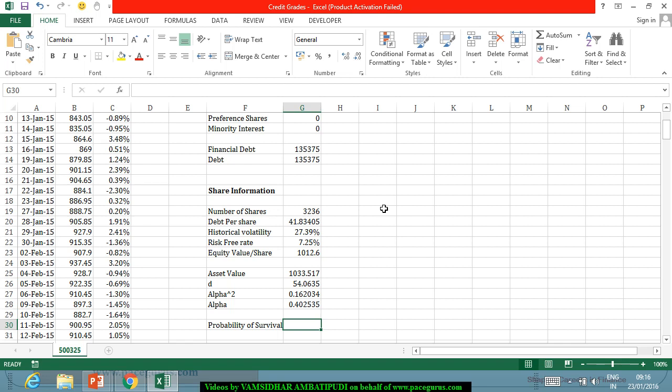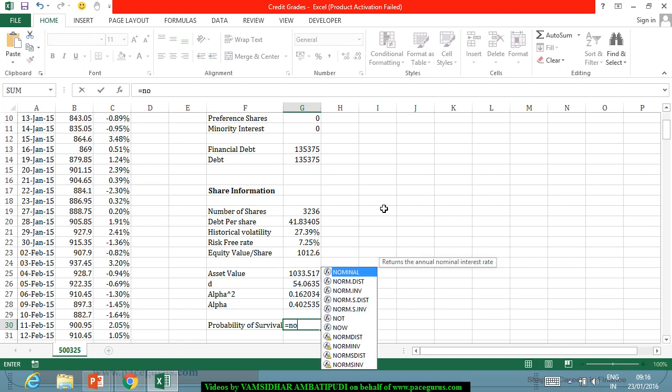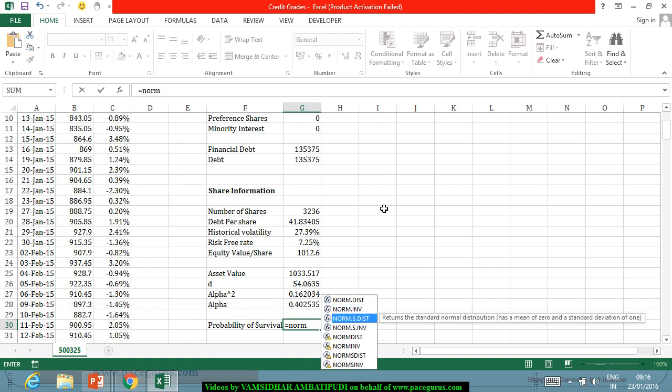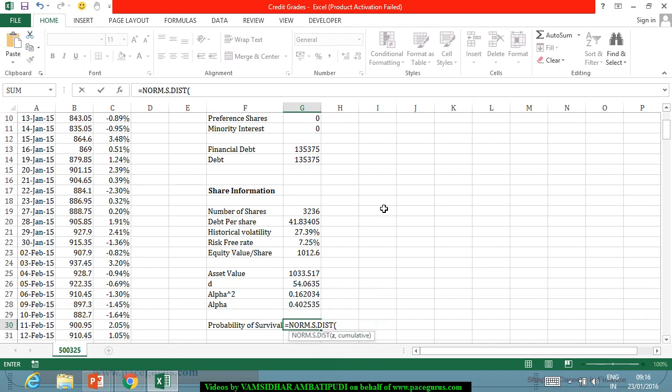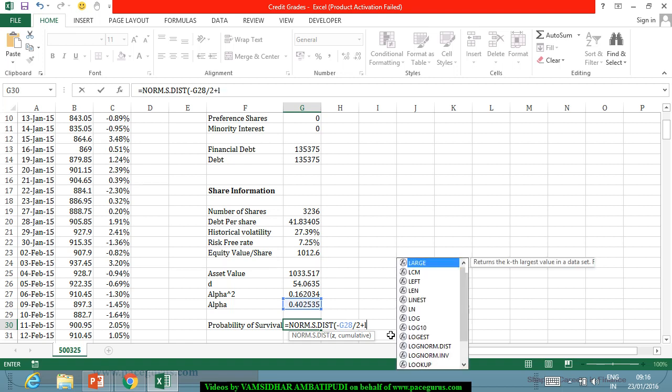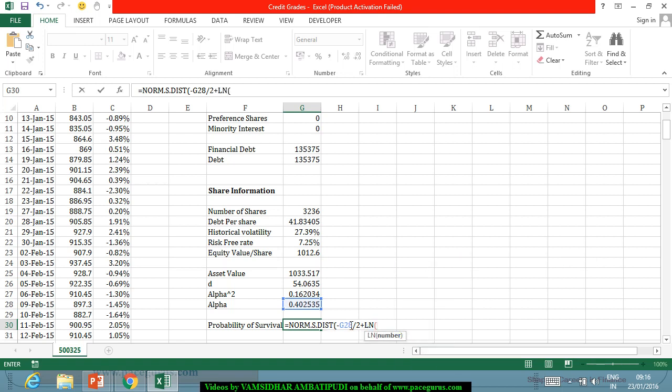The probability of survival is given through the NORM.S.DIST of minus alpha by 2 plus log D divided by alpha,